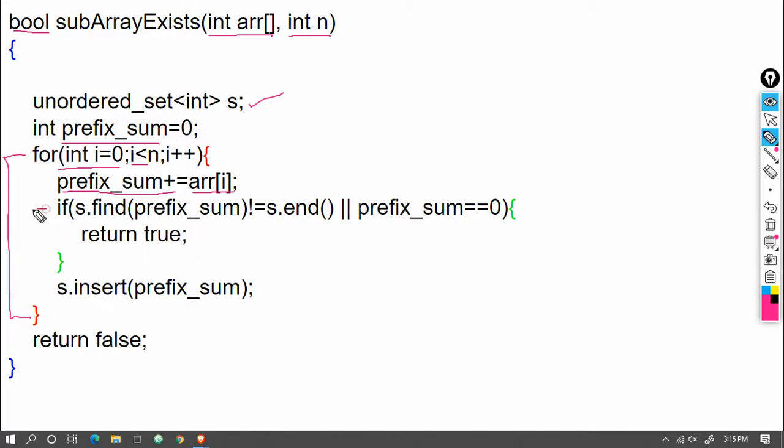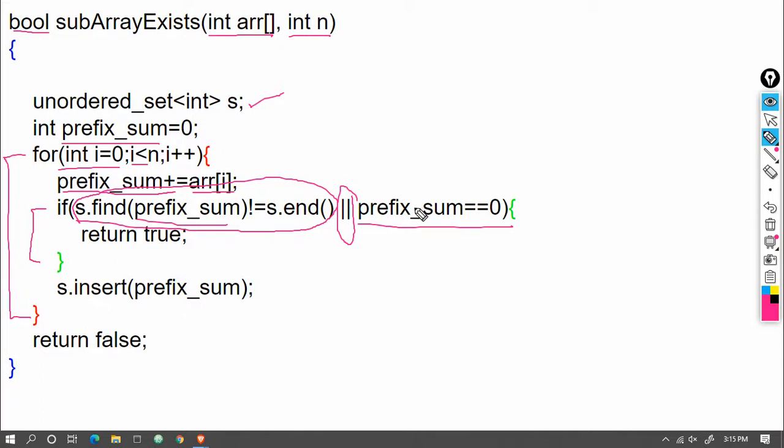After that, what we have to check, after adding, we will check that if the prefix sum is not equal to s dot end, this means that the prefix sum is already present in the set. Or, this is my or condition, either this should be true or the prefix sum should be equal to 0.